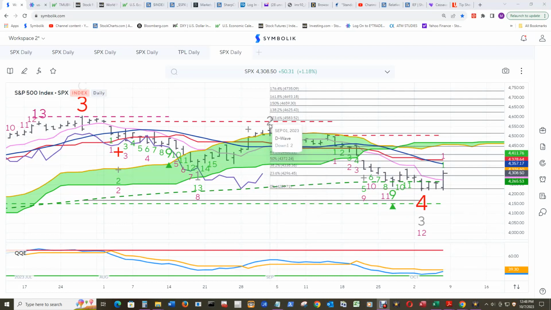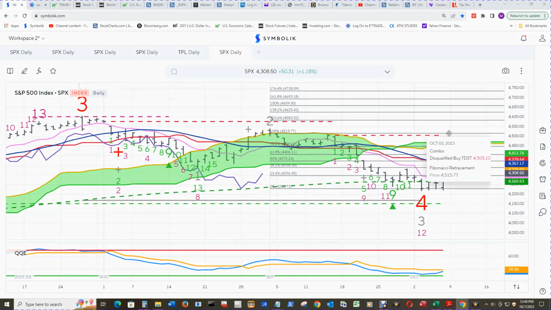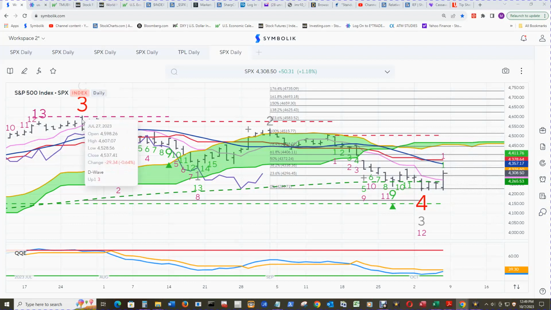Then the D wave, down wave 2, will shift over and replace the D wave, down wave 4, and it will start the D wave, down wave 3 over again, and the print will be D wave, up wave 4, and D wave, down wave 2 for D wave up here, and then keep blasting and get above this high, 4607.07, tick higher than that, and the D wave, up wave 5 will print up here,